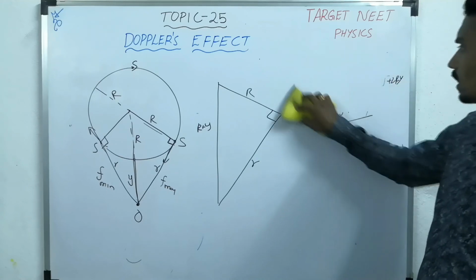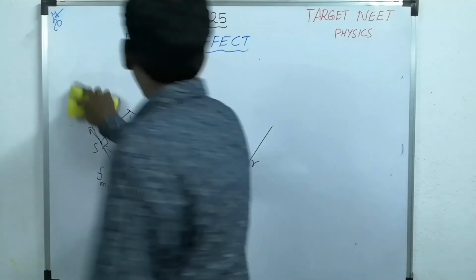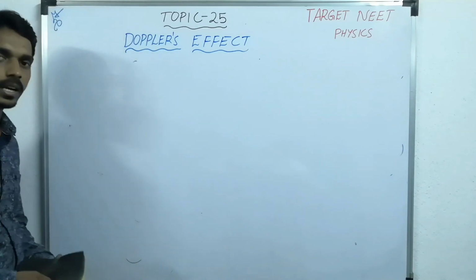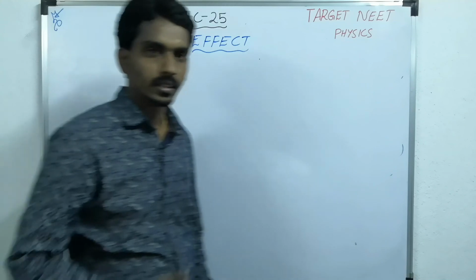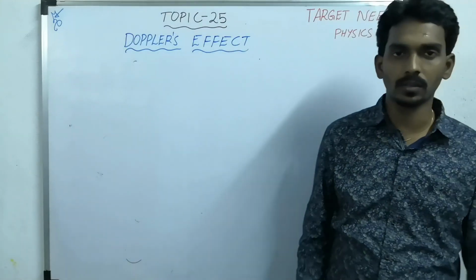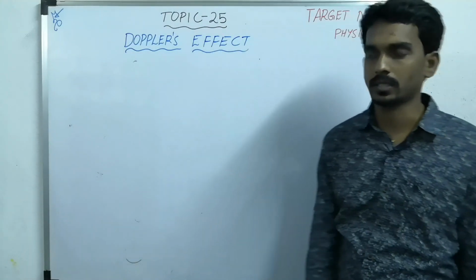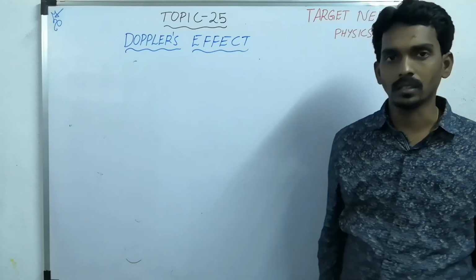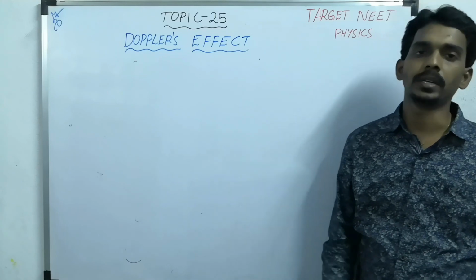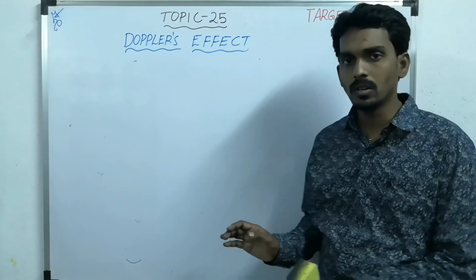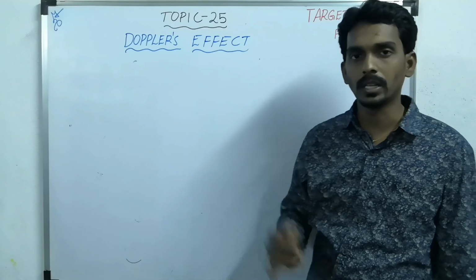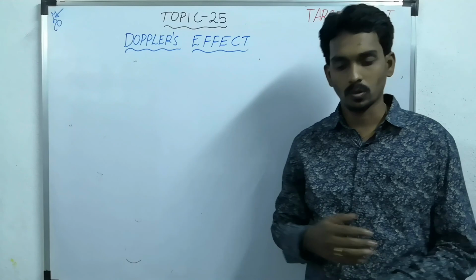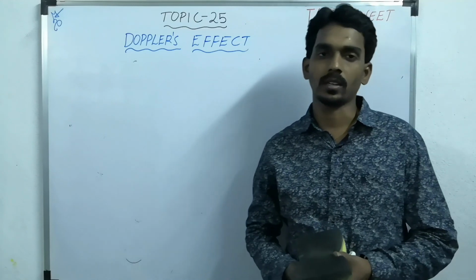So questions can come simply based on the first 8 cases we have discussed, or they can ask indirectly, like echo cases based on those same 8 situations, but indirectly you have to understand. Or other than that, sometimes they will link the questions with beat frequency, like we have seen. So this is how we have to remember and deal with the questions related to Doppler's effect. So hope you all understood. So thank you so much.